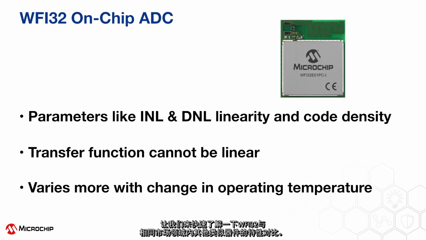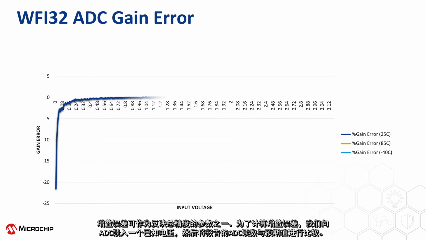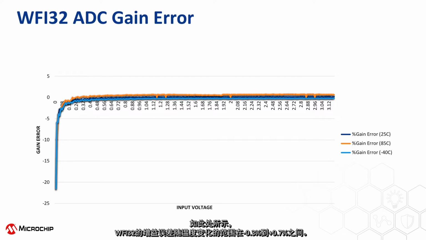Let us take a quick look at some of these characteristics of WFI32 in comparison to other, similar devices in the same market space. One representation of overall accuracy is the gain error. To calculate the gain error, we feed in a known voltage to the ADC and compare the reported ADC reading to the expected value. As you can see here, the gain error of WFI32 lies within negative 0.3% to plus